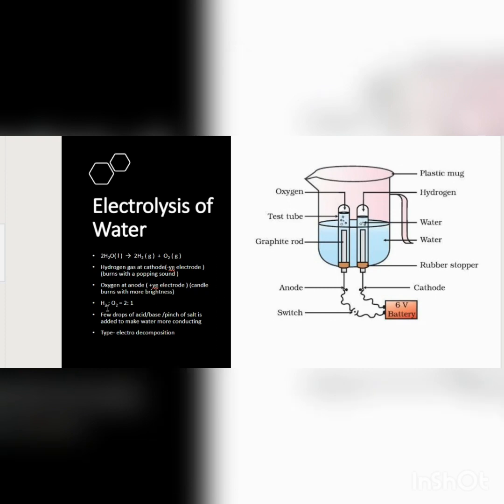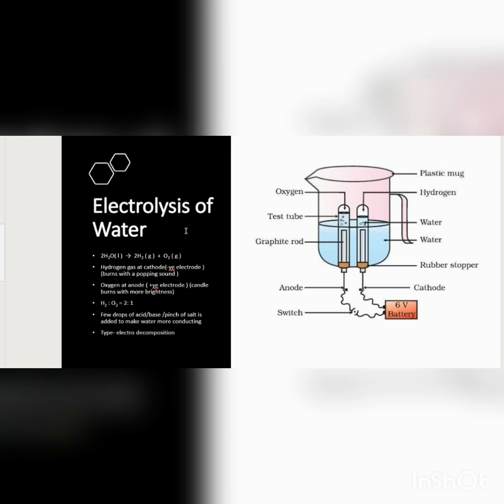So the hydrogen and oxygen gas are released in the electrolysis of water in the ratio 2 is to 1. That means the hydrogen gas is double the amount of oxygen gas released. As we can see from the formula H2O, hydrogen and oxygen are present in the ratio of 2 is to 1. So over here also in the video we have it in the ratio of 2 is to 1.